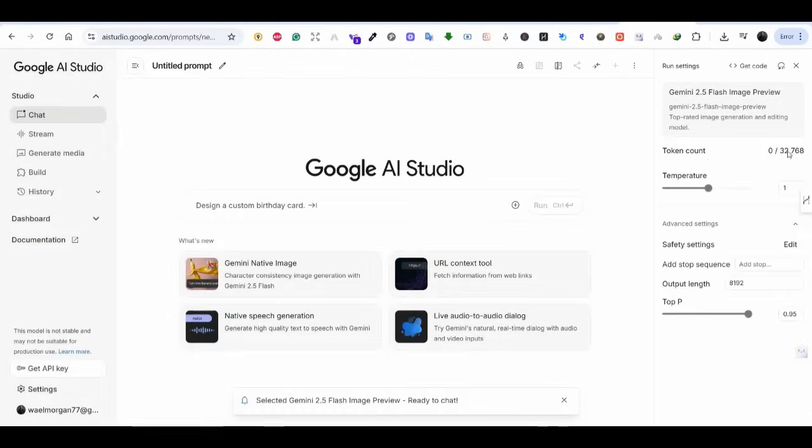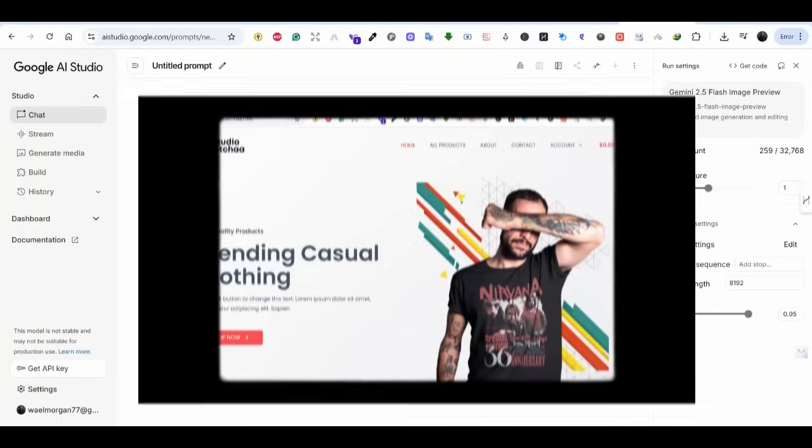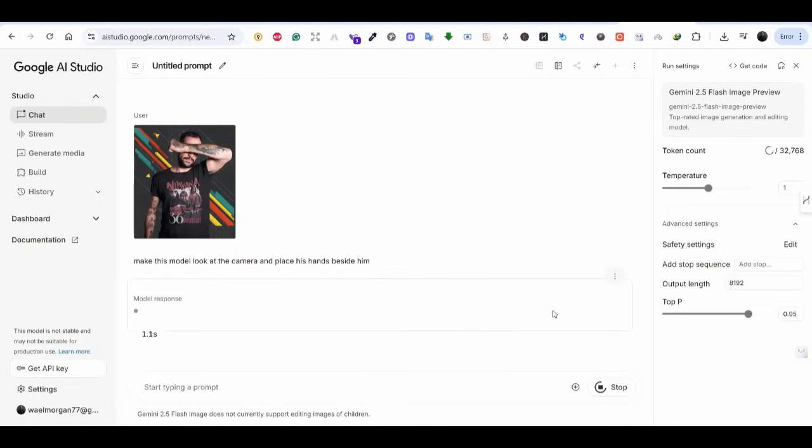So first I'm going to upload this image. This is a model or a mock-up image from a website, a demo website that I have recently created. So I'm going to write a prompt, make this model look at the camera and place his hands beside him. So we are going to create different poses of this model as if we want to create different images for